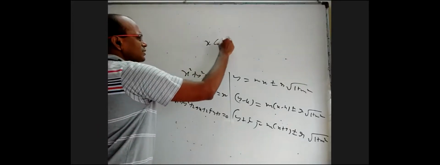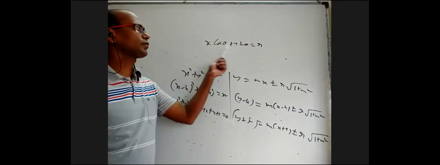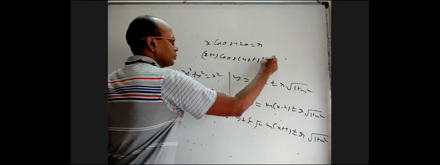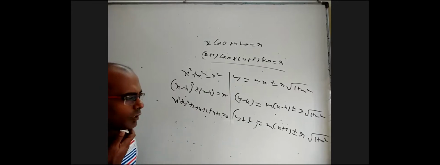Even in the parametric form, I forgot this. The general tangent is x cos theta plus y sin theta equal to r, only when the center is origin. If the center is not origin, in place of x you have to write x plus g, and in place of y you have to write y plus f. That will be x plus g cos theta plus y plus f sin theta equal to r. But we are not going to use the parametric form in circles that much, whereas we may use it in ellipse and things like that. Now I have to discuss pole and polar.